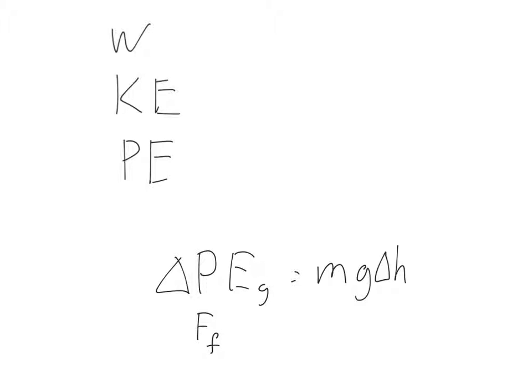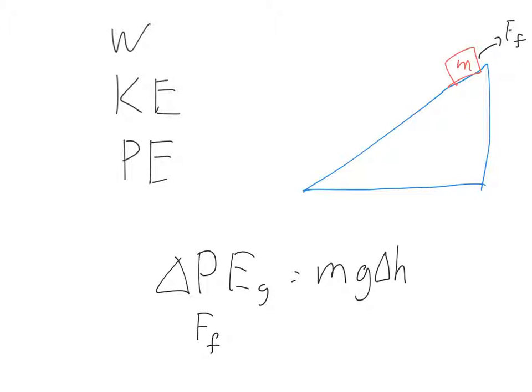So, for example, if again we imagine we are on some sort of incline, and we had a block here, and then we had the force of friction acting on that block, we'd expect the force of friction to be in this direction if it was just sliding down. And how much work was done is going to then depend on what this distance is. The height, on the other hand, of course, will be here. So we can figure out how much potential energy there was.